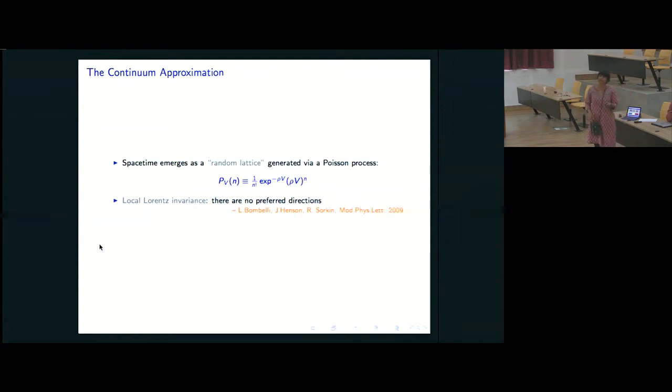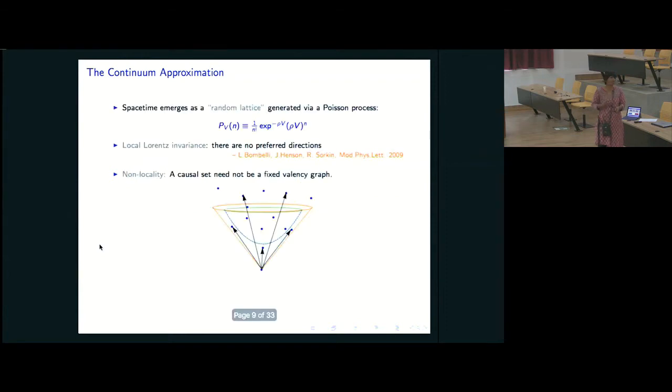So, interestingly, even though all you've put in is this Poisson process, secretly what you have is something that is in fact locally Lorentz invariant. Okay, this is for any spacetime, by the way. You can do this process. And because this volume here corresponds to a spacetime volume, not any spatial volume, this process is actually locally Lorentz invariant. And you can prove, it's a very nice proof due to these guys here, that there are no preferred directions. And so it satisfies local Lorentz.